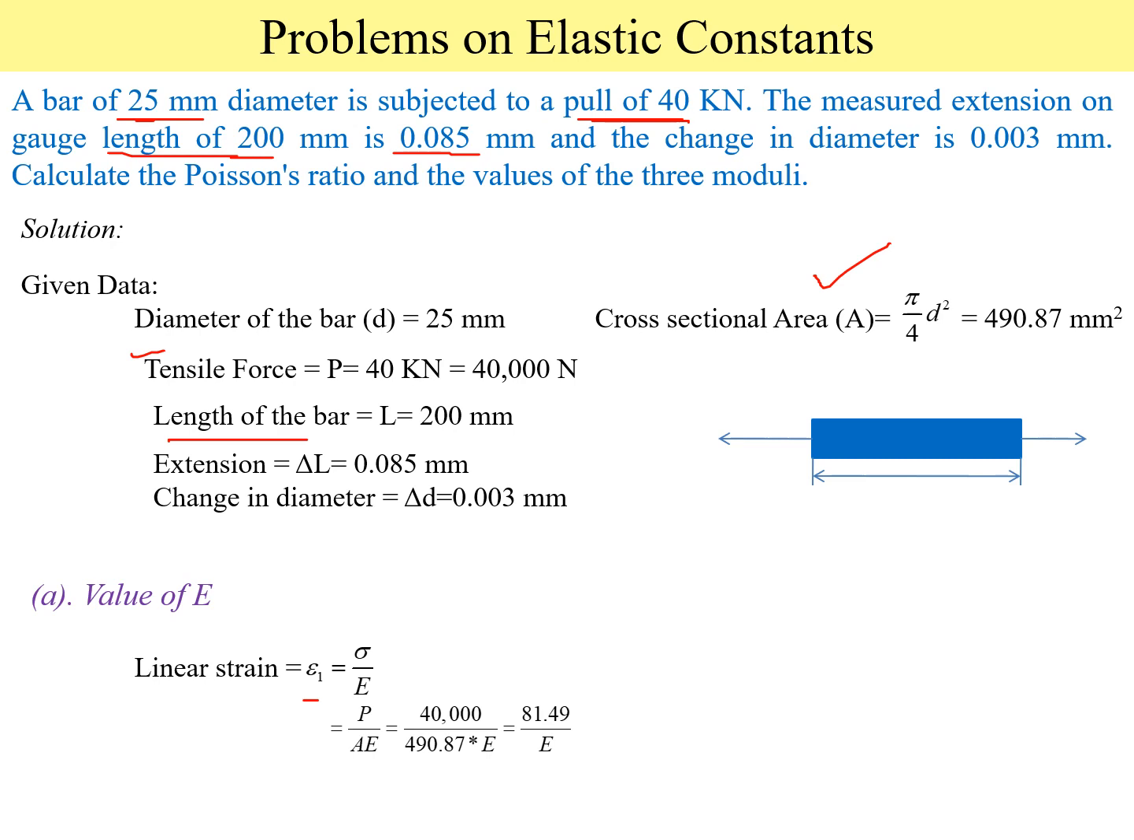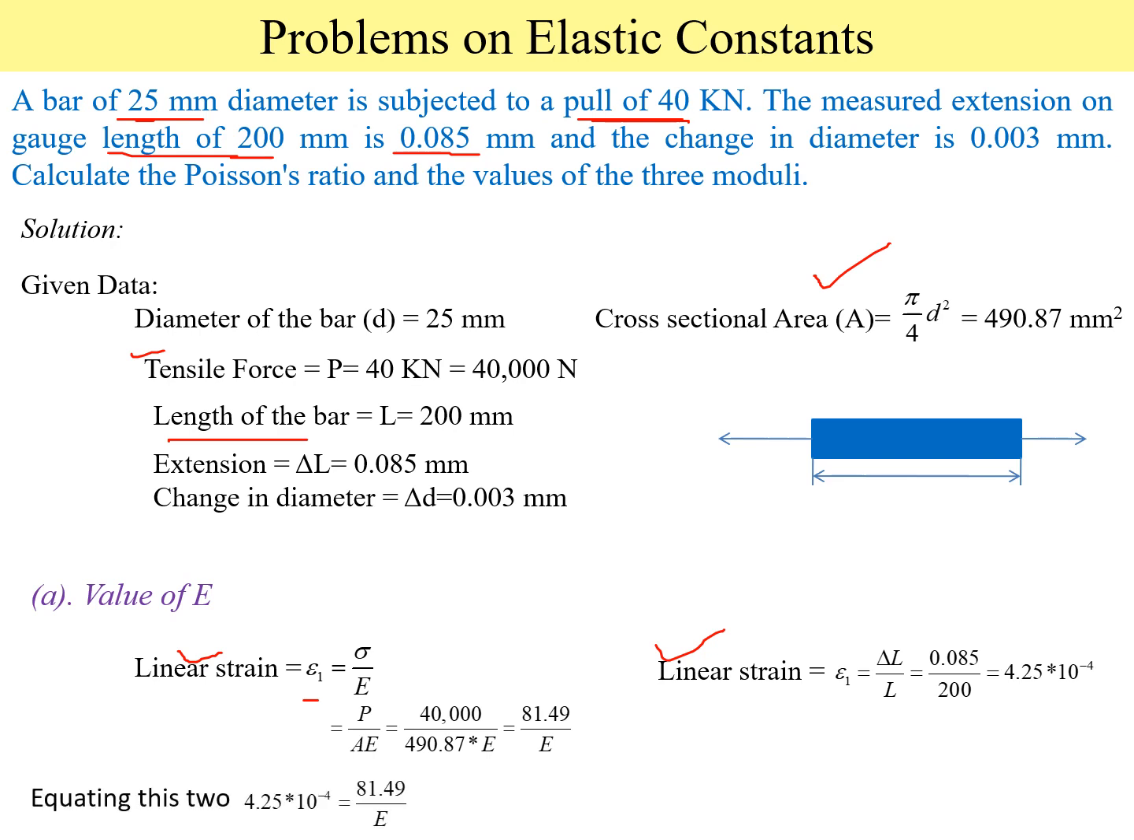We can also determine the linear strain as the change in length divided by the original length. Change in length is given, that is 0.085, and the original length is 200. Substituting, we get 4.25 into 10 to the power minus 4. Then we equate these two equations, from which we get the E value. That is 4.25 into 10 to the power minus 4 equal to 81.49 divided by E. From this equation, we find E is 1.197 into 10 to the power of 5